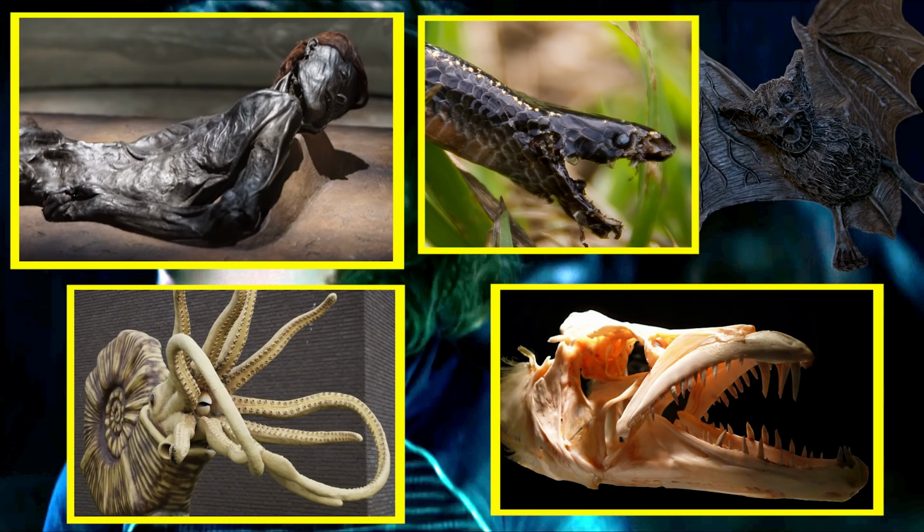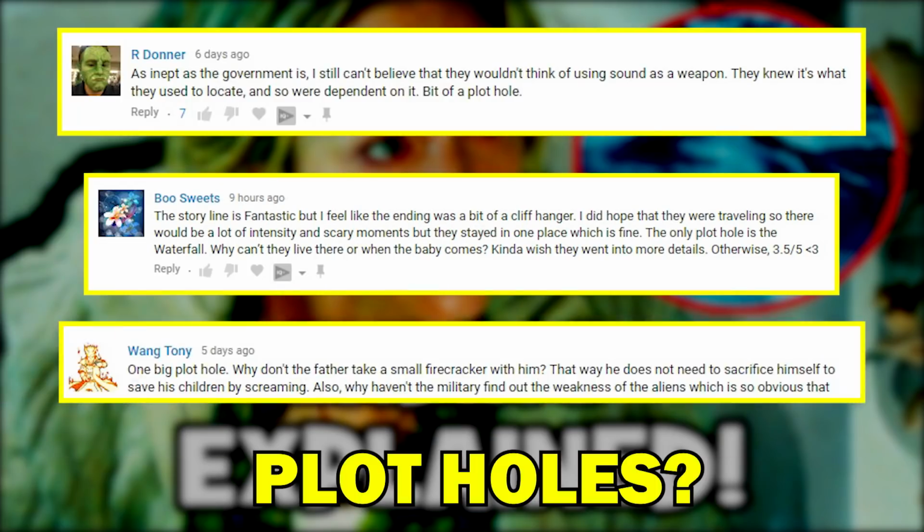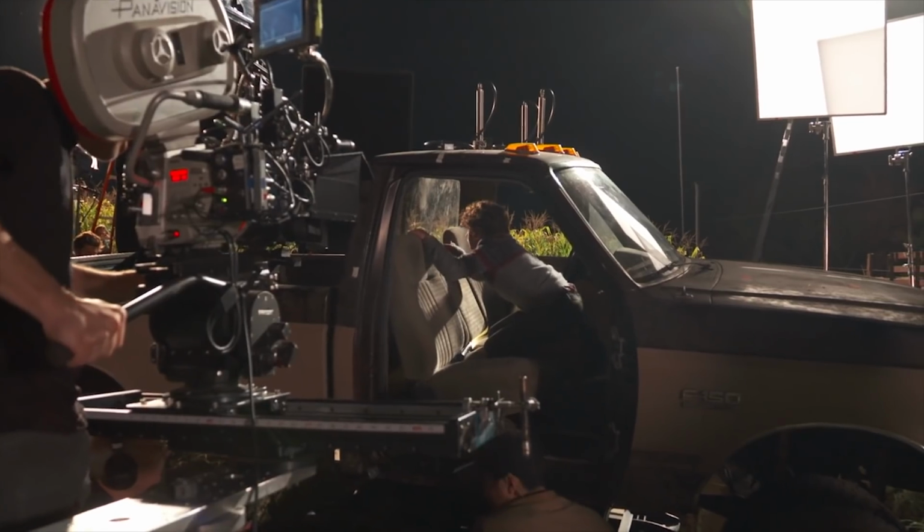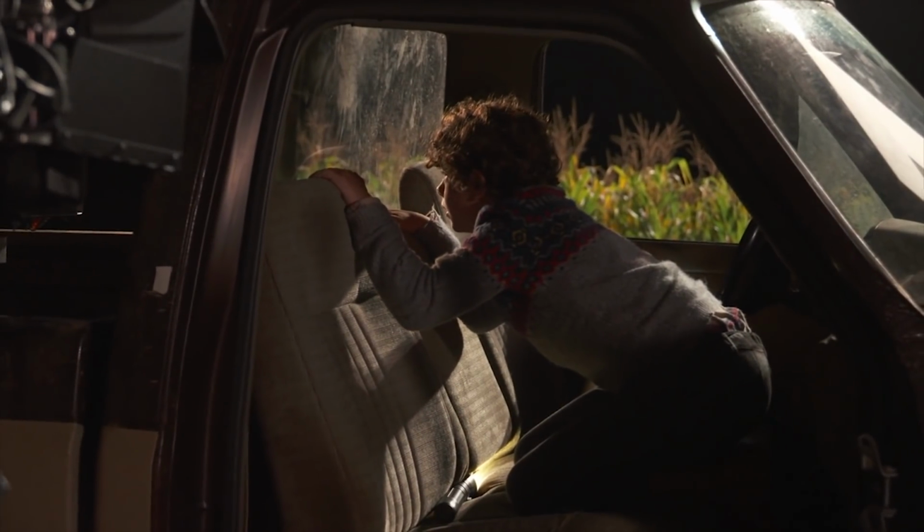Reading through your comments on my Ending and Creatures Explained video, I noticed some of you had issues with details in the movie that you felt created plot holes, one of which was to do with the family's electricity supply. Now it's interesting you brought that up, because in an interview with Slash Film, screenwriters Scott Beck and